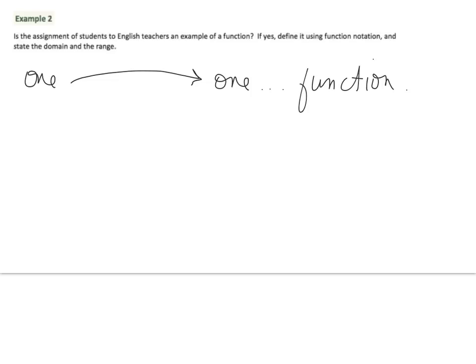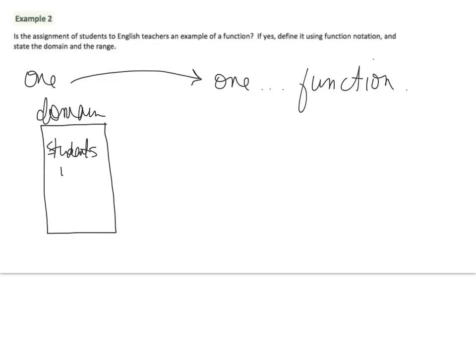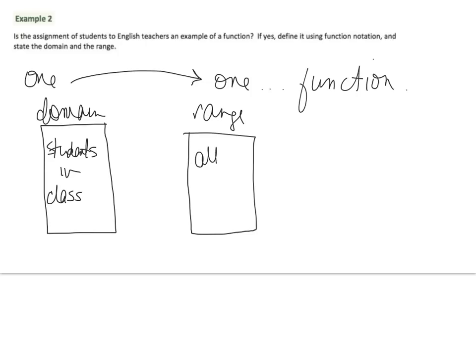So if I think about the domain, if I read the question again, it's going to be all the students in your grade level or class. Not classroom, but your grade level. And then our range is going to be